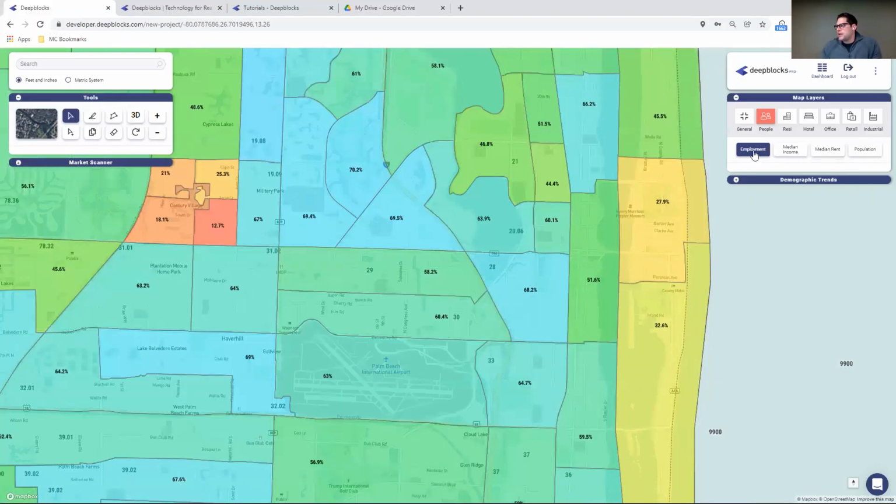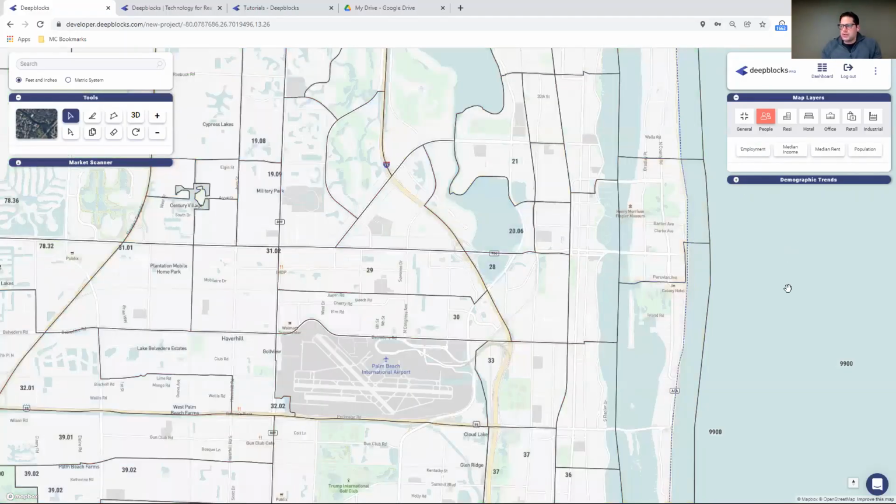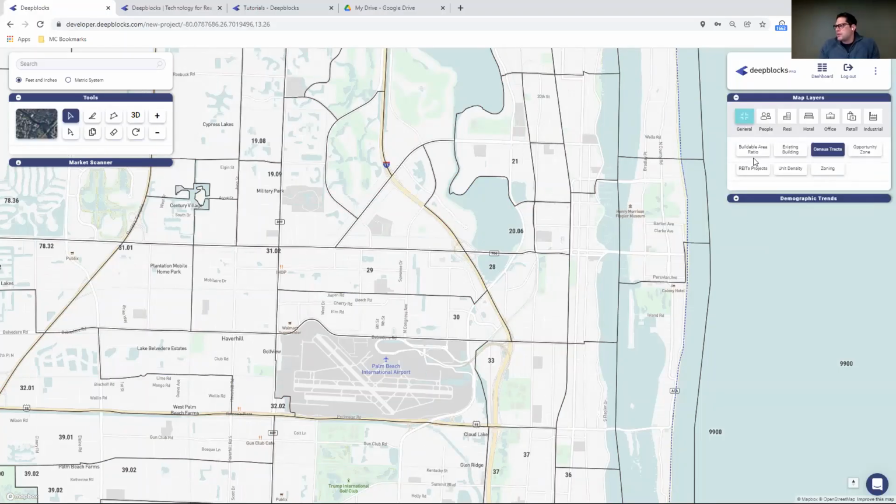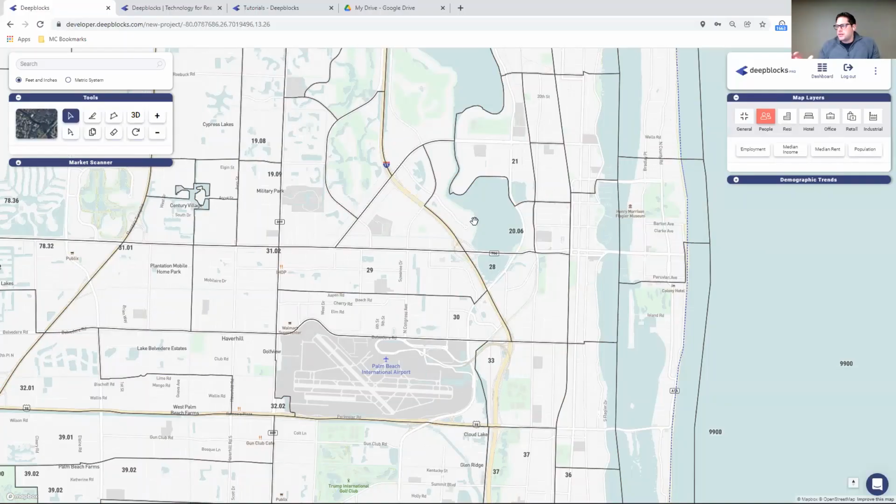So there are different layers you can start to activate and truly say to yourself, all right, I went through this process, studied this graph, and it guided me towards where I want to see the land value inclining. There's an adjacent census tract that I feel makes the most sense. You start turning on these different map layers. Again, we have the gross buildable area ratio layer to understand the pockets of density. We then can jump into the people layer and understand the median income, median rent, and population, and start to formulate and say to yourself, all right, this is all lining up perfectly.